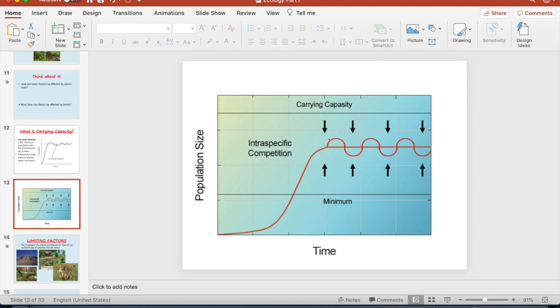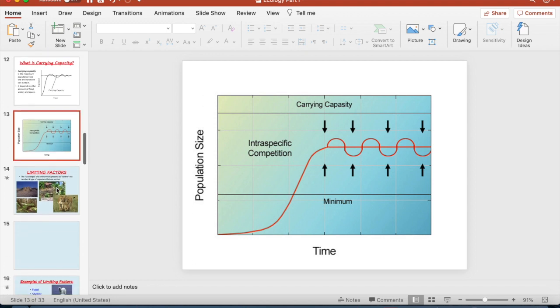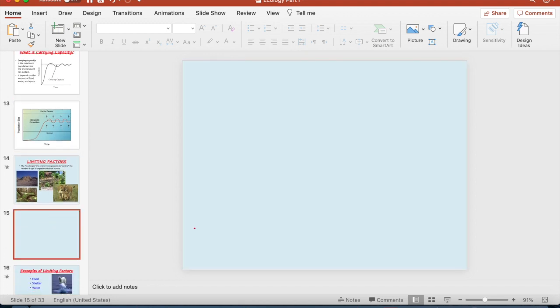And now the limiting factors or competition is the thing that's going to be pushing down the number of individuals in the area. So let's talk about this in general. Let's go back to the finches. Let's say, I'm going to make up these numbers, there are only 100 seeds. On the island, there's only 100 pieces of food for them.